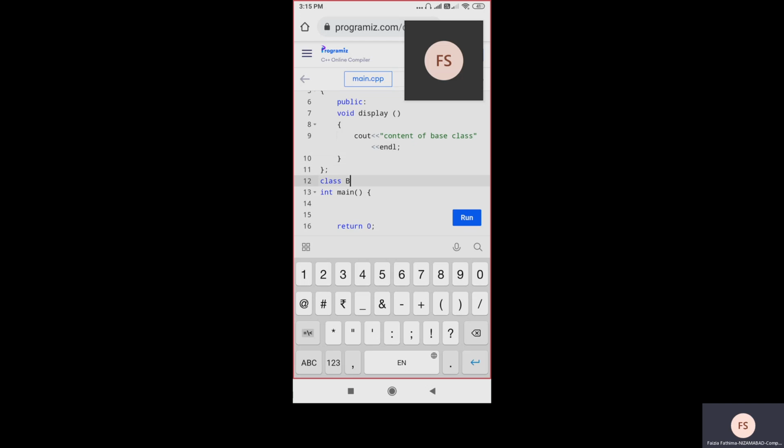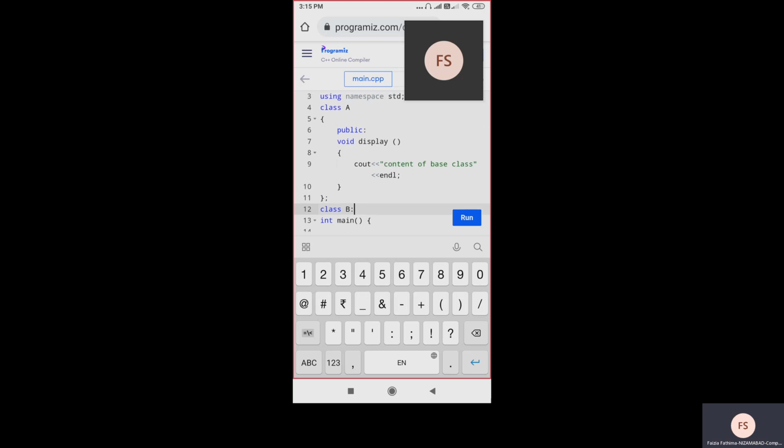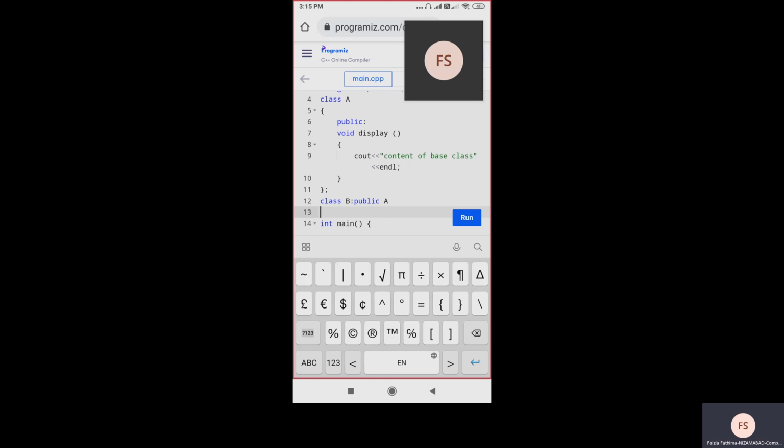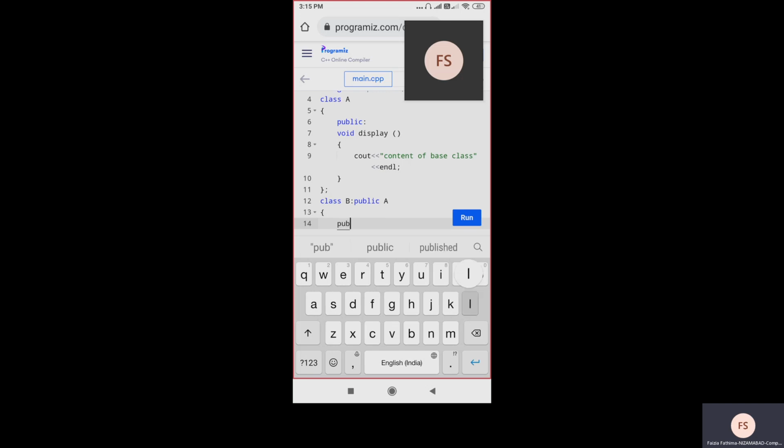Now going for class B, as we told, the derived class is derived from or inherited from class A. So class B, then colon, and here you have to write public A. Here I am taking the data from class A. Here also I am having the public specifier.